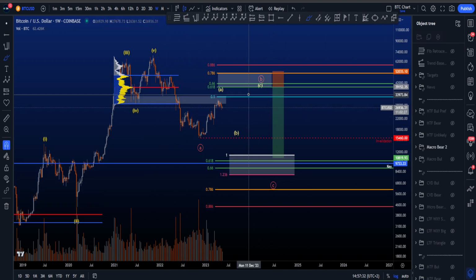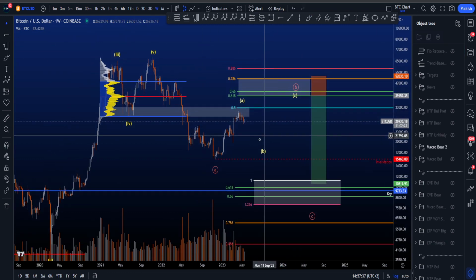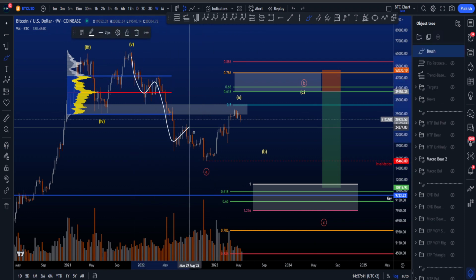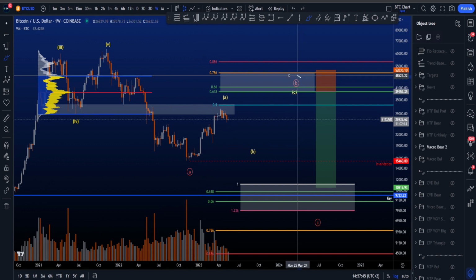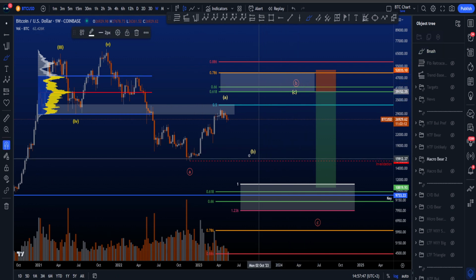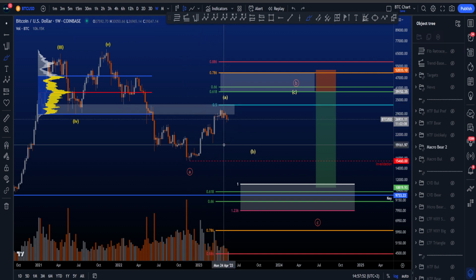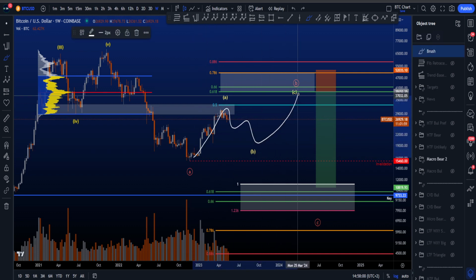Now in this particular scenario, we are looking inside the wave B, the red wave B, because the red A over here is already finished. We then have a 1, 2, 3, 4, 5 wave move to the downside in a wave A. And now we're looking for a 3-wave structure in a wave B. Now looking at the lower time frames, or basically the high time frame, the daily time frame of this move to the upside, it looks to be an impulsive structure. So then again, we can look for a zigzag in a wave A, 3-wave B, and another impulsive structure in